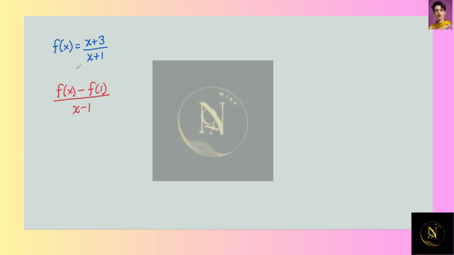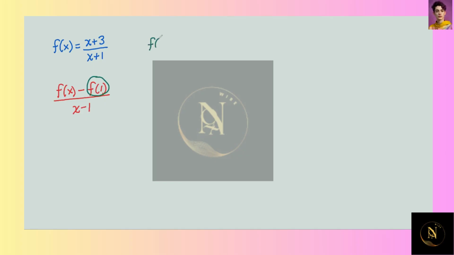All right, here we have a function in blue. It's f of x equals (x plus 3) over (x plus 1). And our goal is to find the difference quotient in red, (f of x minus f of 1) over (x minus 1). So before we do that, let's go ahead and find the value of f of 1 ahead of